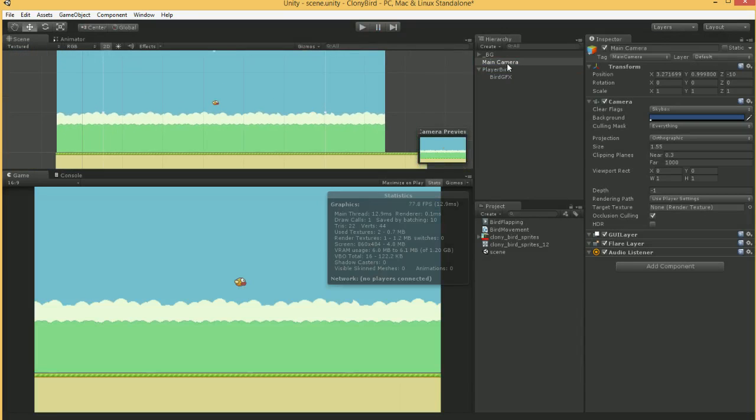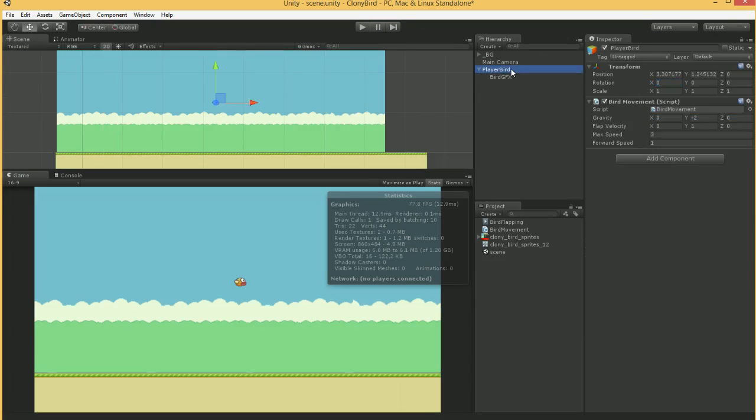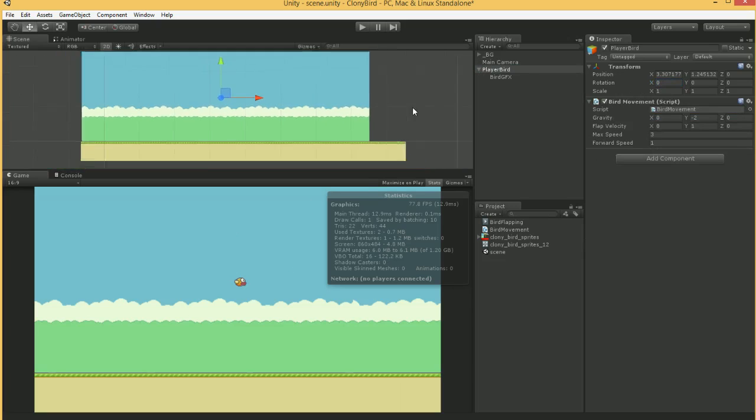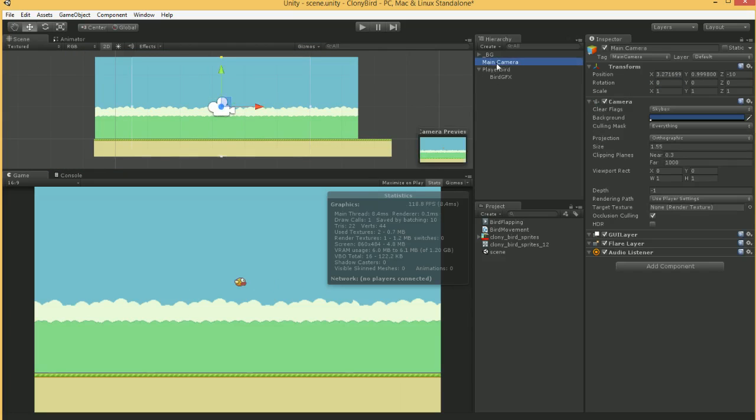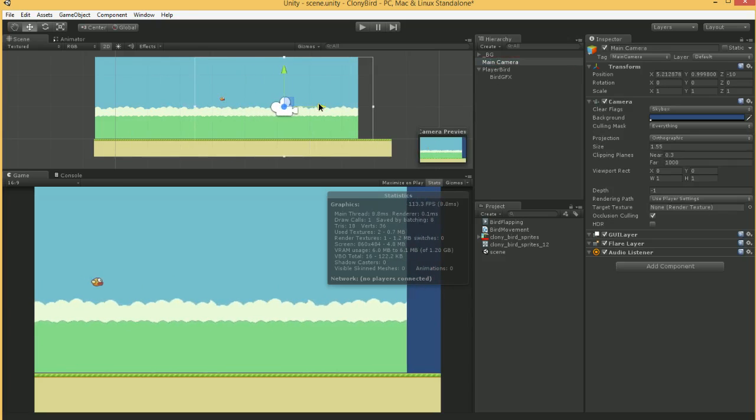What we want is a script that sets the main camera's X to keep pace with the bird's X. Now, we don't want the camera to actually be centered on the bird. We actually will always want the bird to be... what am I moving? I'm moving the bird. Move the camera. We want the bird to always be sort of close to the left edge of the screen. Not right at the left edge of the screen, but pretty close to the left edge of the screen. So I think what we're going to want to do